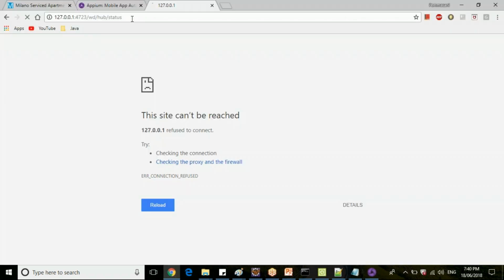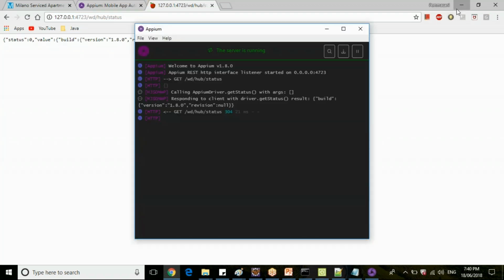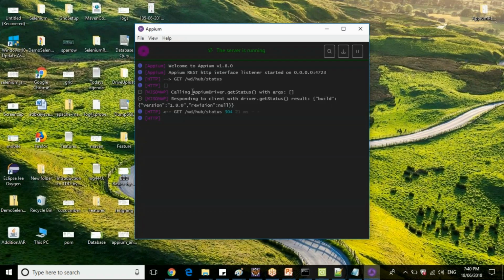Now, if you go and request to check whether the APM is started or not, you are getting some code here and responding to the client with driver.getStatus, and this is your JSON response. Clear? Like this, each and everything will be sent.